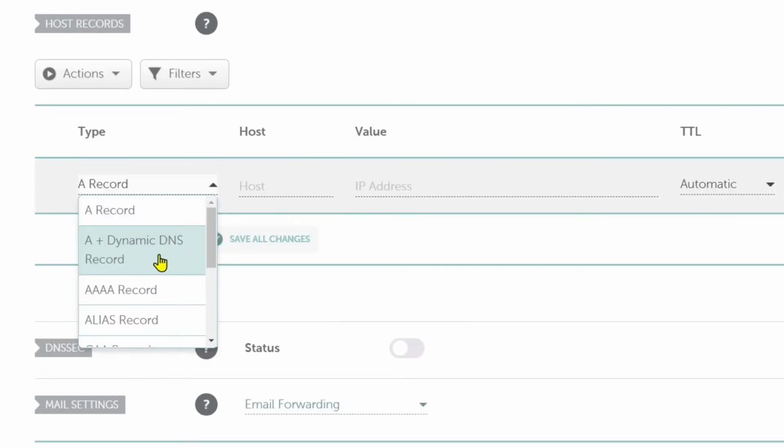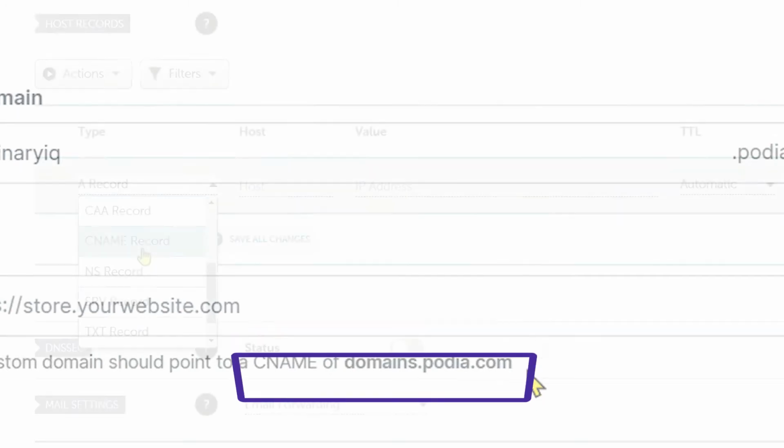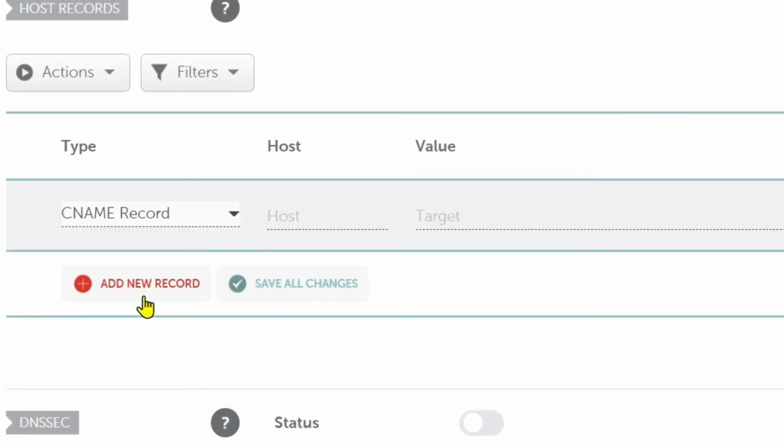And this is where we have to change one setting only. If you remember, we have to change a CNAME record. I'll just click on CNAME record. Now for the value part, this is where we copied our value. This was domains.podia.com. Now in some cases, you may need to put a period at the end, and in some cases you do not need it. In Namecheap, you do need it, but even if you leave the last period, Namecheap is wise enough to put that value for you. For now, I'll just leave the value part to be domains.podia.com.